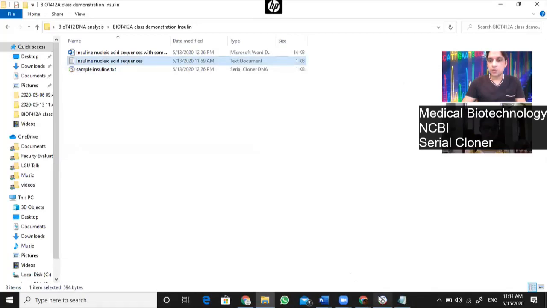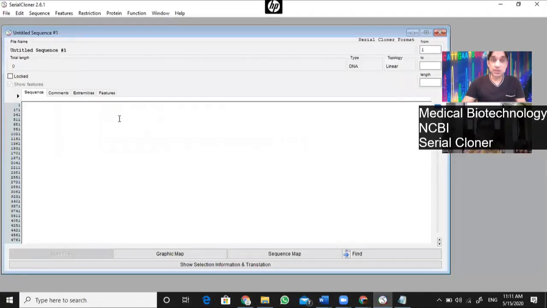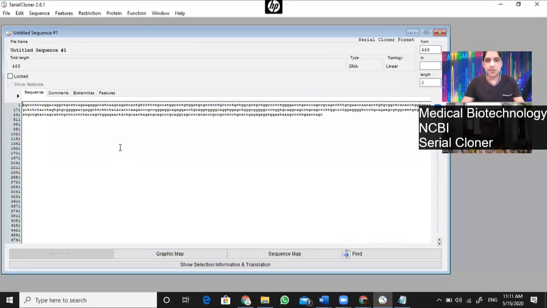Then I introduced the Serial Cloner software. I mean, I'm not supposed to teach you just one software. I'm repeatedly telling you, very important: this is not one and only software. This is just one of the free software. Okay, you might be able to end up with a better software with more options and more user-friendly options. Then I pasted the sequence here,